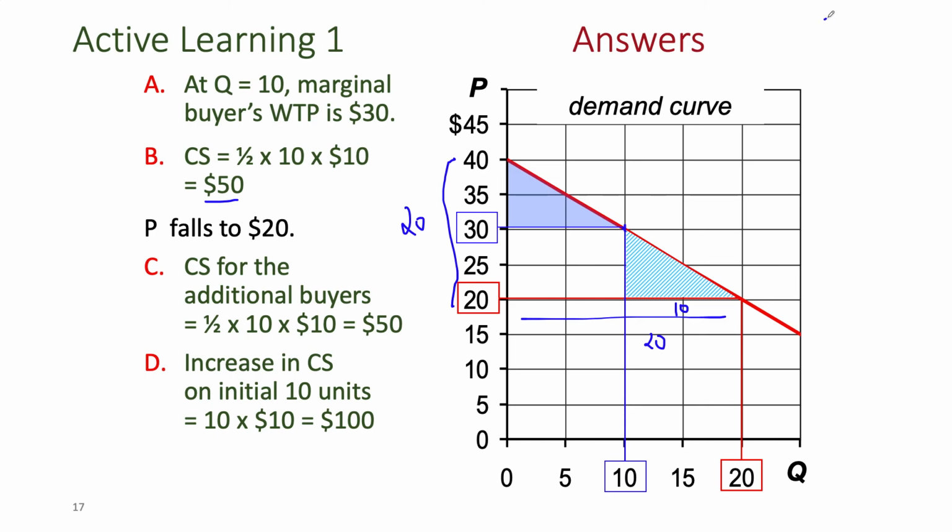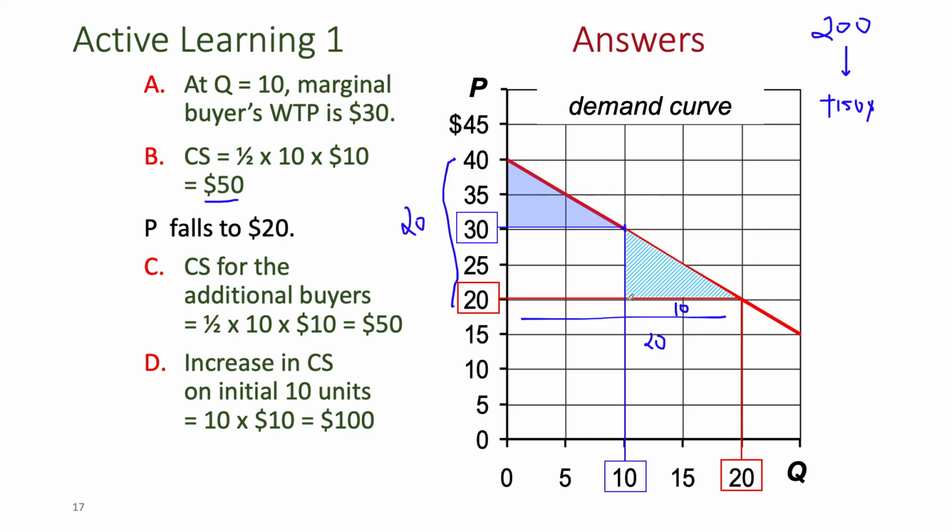Remember, the total consumer surplus is now $200 when the price is 20. So this is an increase of $150. When the price was set to 30 bucks, the consumer surplus was 50 bucks. So the total consumer surplus is now 200, which is an increase of 150. One part of this increase is coming from the fact that at a lower price, more buyers are willing to enter the market and purchase, and the additional consumer surplus generated by that activity